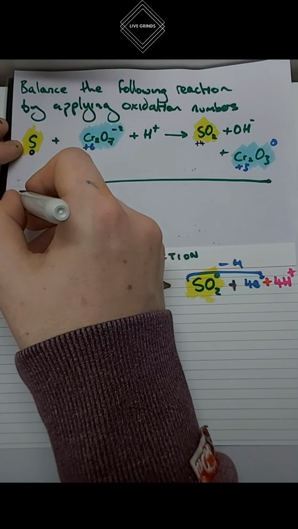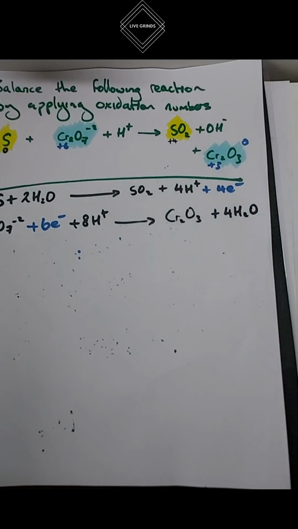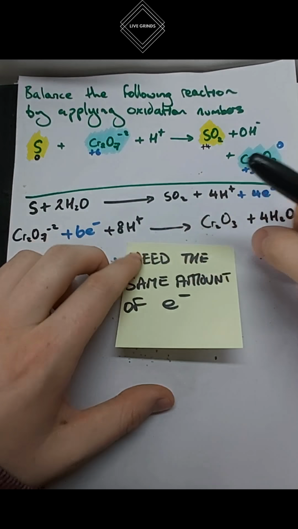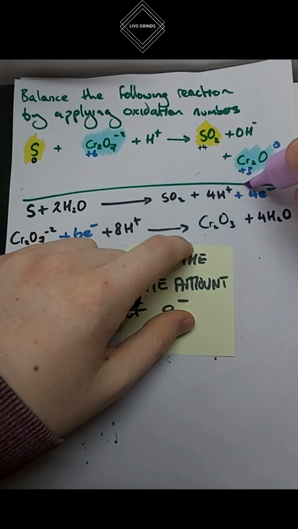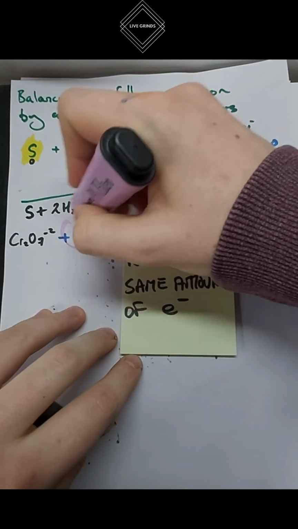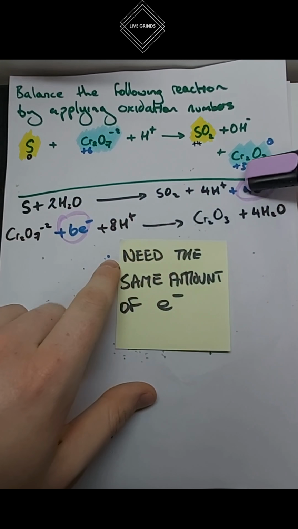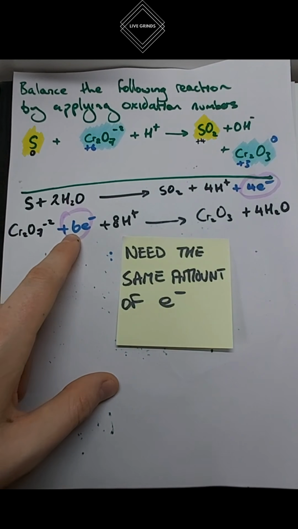So I have sulfur. At this point, I need the same amount of electrons on the left-hand side and the right-hand side. So I look at the electron count here and here. Now, multiples: 4 is a 4, 4 is 8, 4 is a 12, 4 is a 16; 6 is 6, 6 is 12. So what I need to do with the top line is